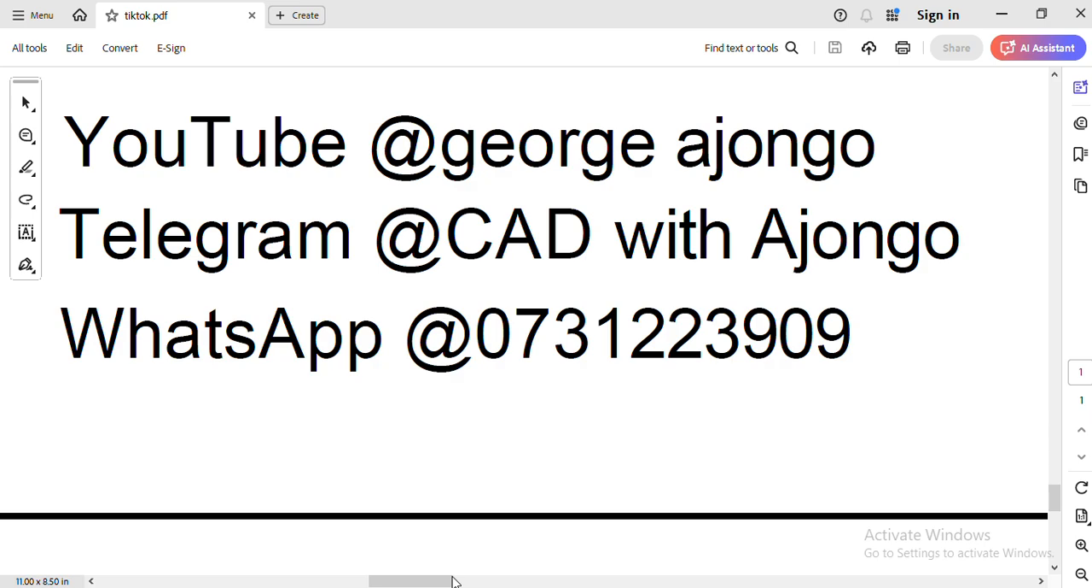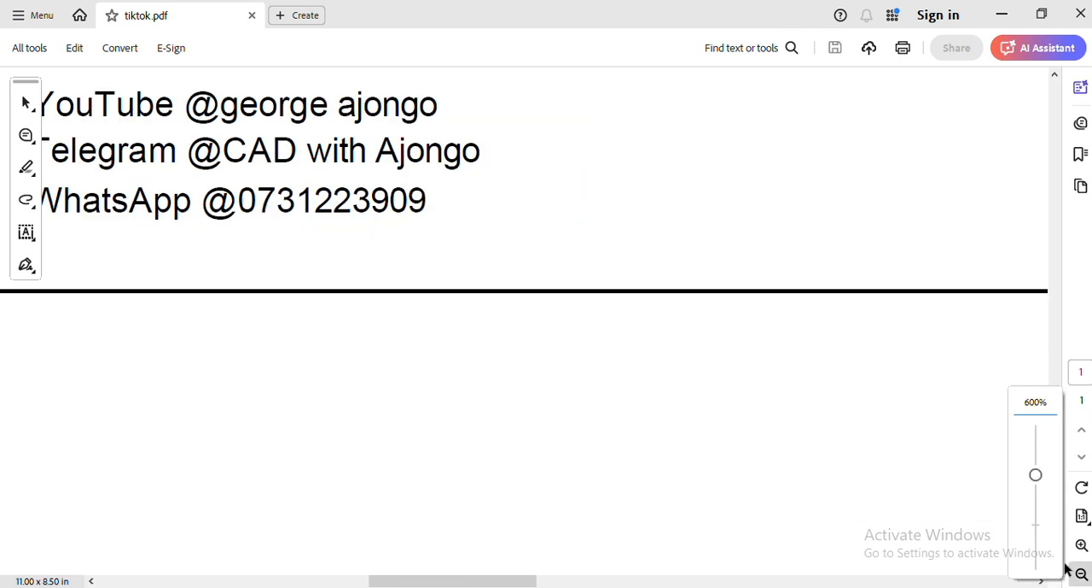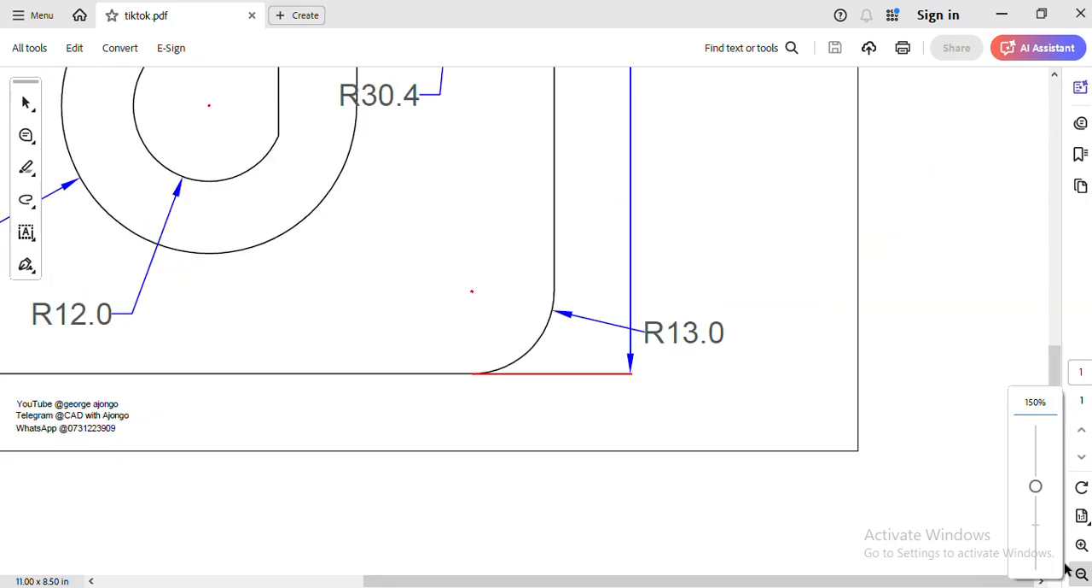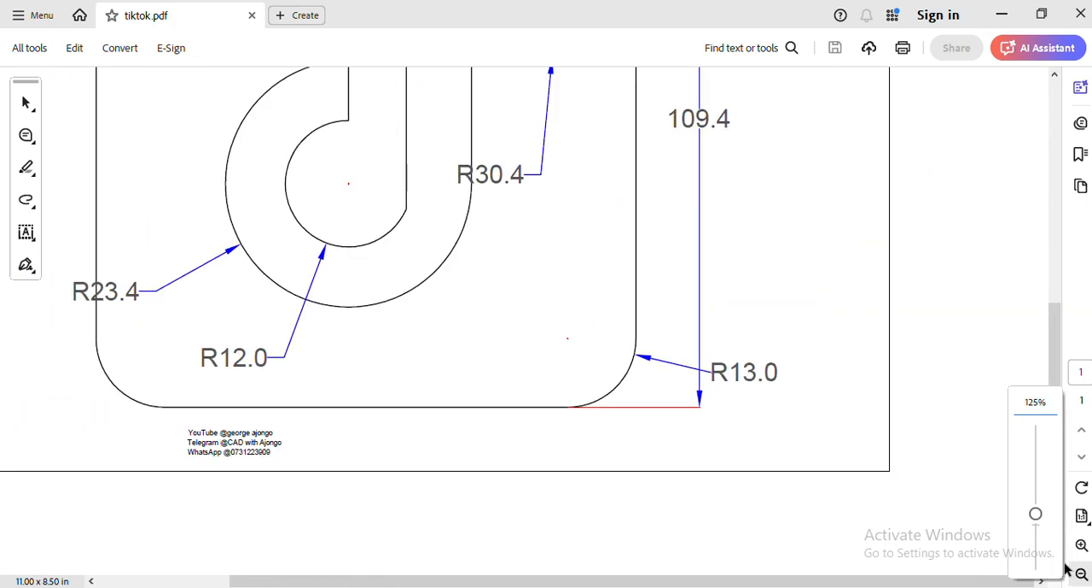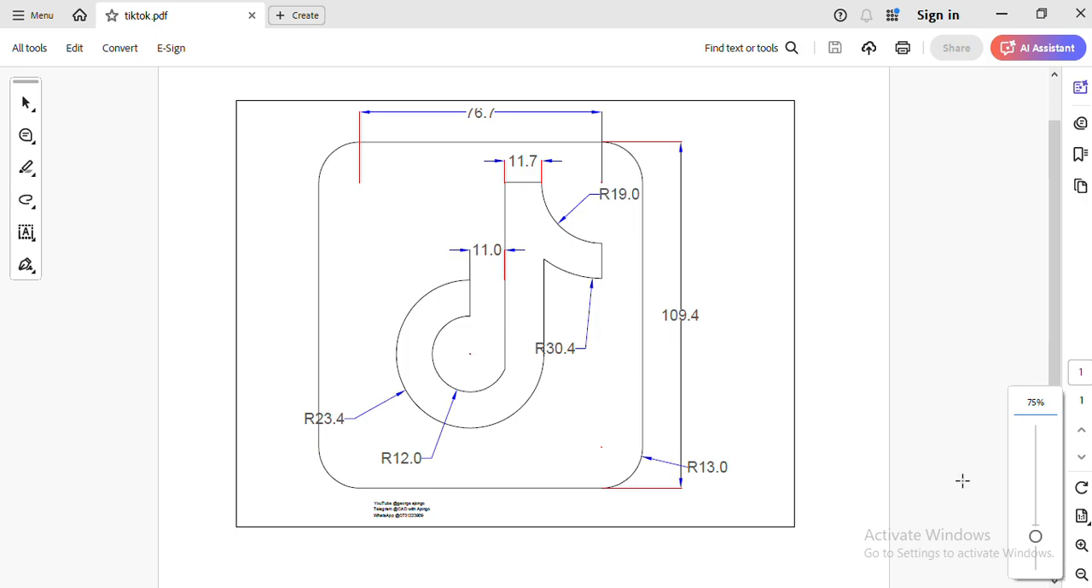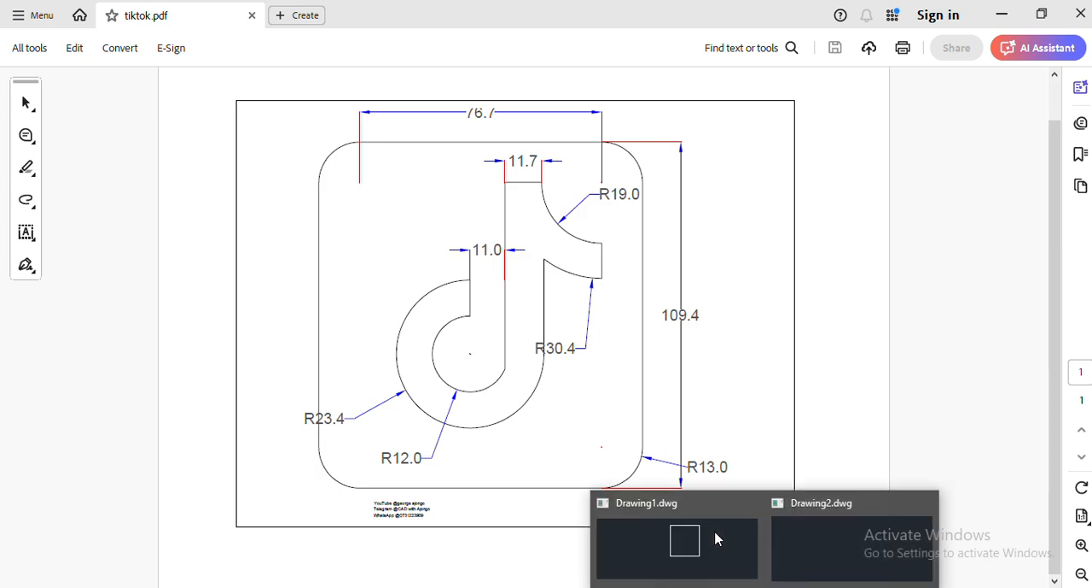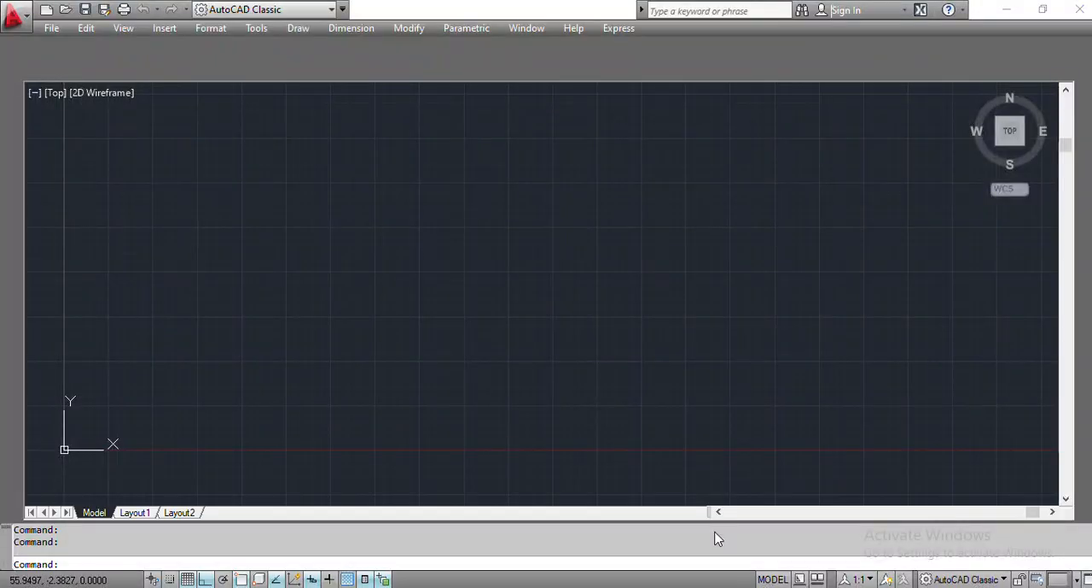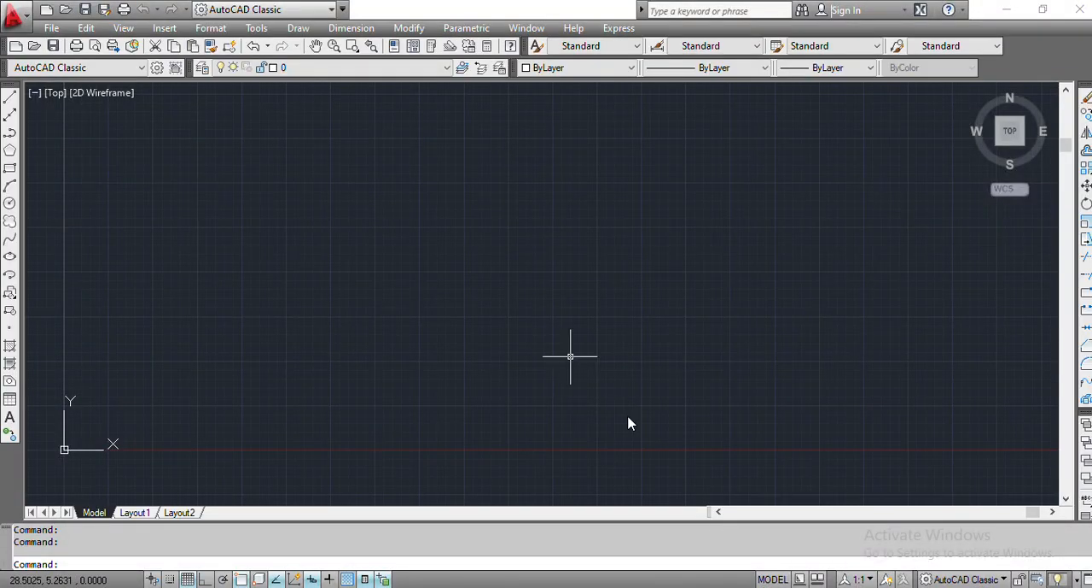Now this is what we want to draw, a drawing of the TikTok logo. Drawing the TikTok logo is very easy. All we need to know is the dimensions of this. So we are going to start with